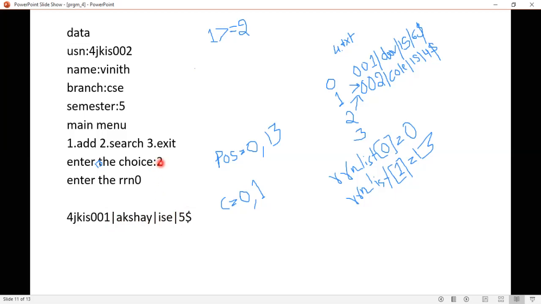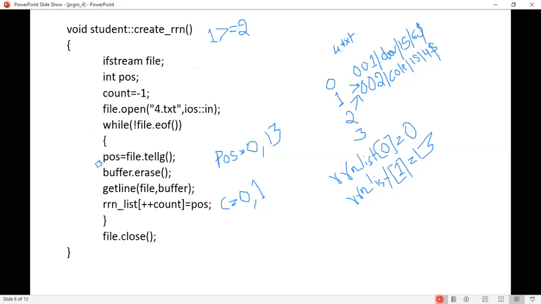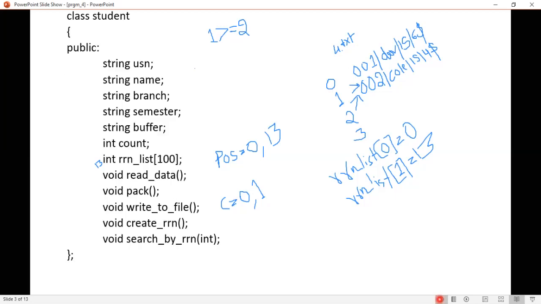You have retrieved the record at RRN 0, that is the first record. In our example, if I say RRN 0, then you will be retrieving 001 DEF IS 6, this particular line. Understood, right? This is the fourth program, that is retrieving the record using RRN.